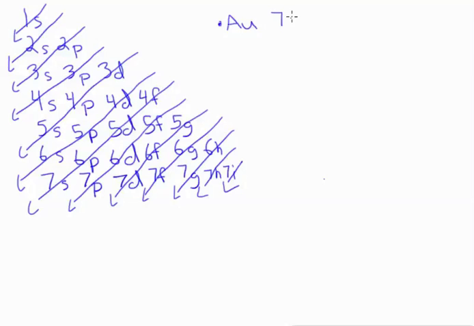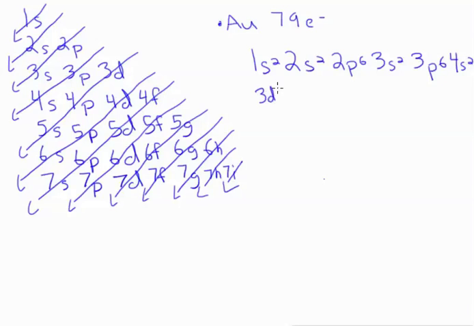So we can start putting them in, following our little diagram. 1s2, 2s2. Even though this diagram makes it so that we don't have to memorize the order, you will do this enough that you will know it up to a certain point just from writing it over and over again. Like I can get to 3d10 always without having to look, because I know that order. So we go from 3d to 4p,